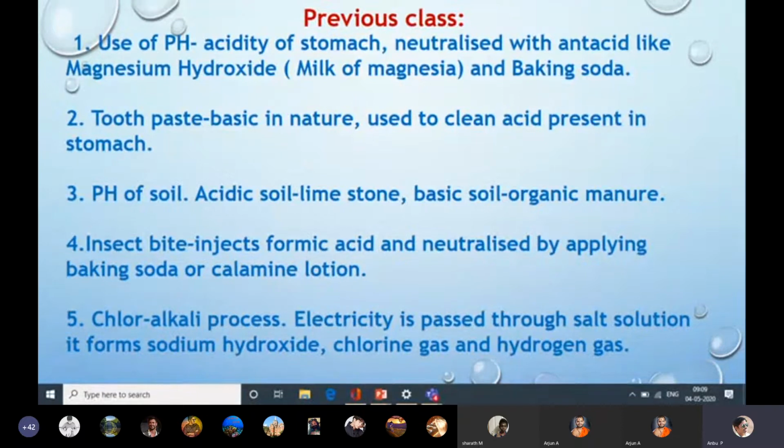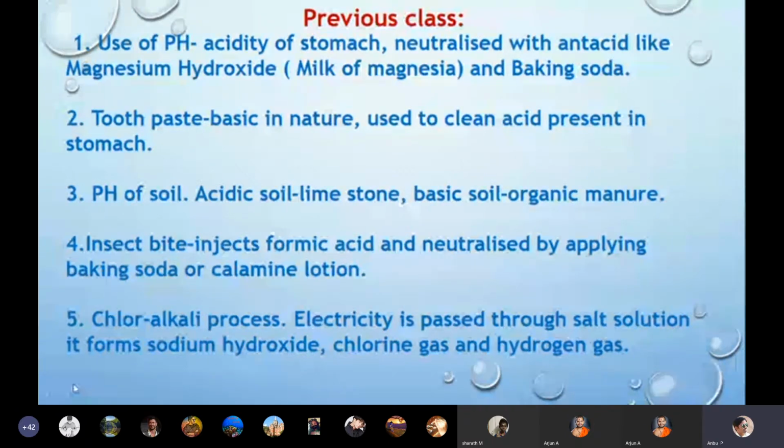So this 5 salt has been taken for the discussion for today's online class. Okay, so when you say about the first, let us take bleaching powder. So we all know bleaching powder, it is a common term. If you see the chemical formula of this bleaching powder, it is written as